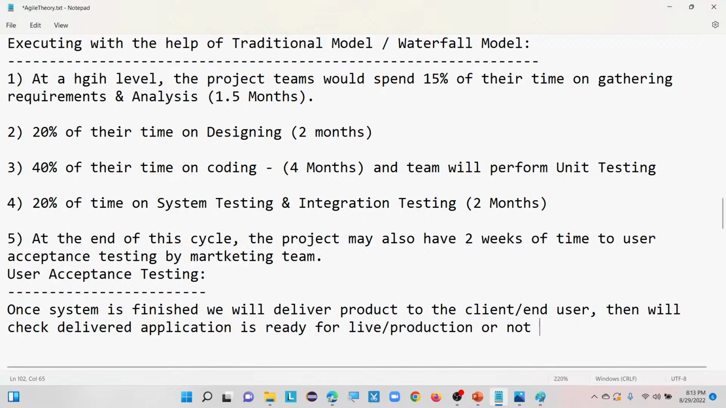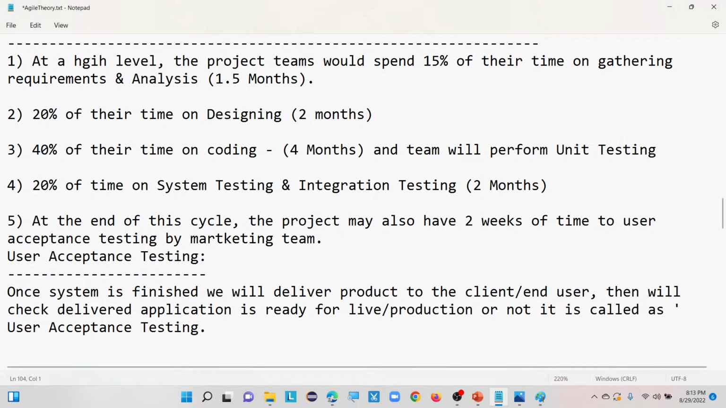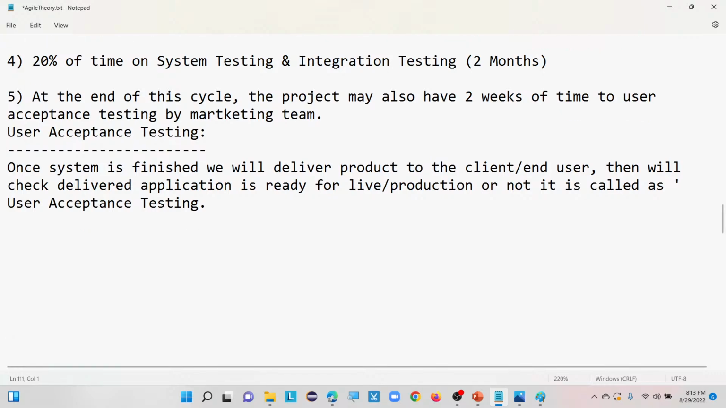So then it is called user acceptance testing. This is called user acceptance testing. So how will they perform this user acceptance testing? User acceptance testing, UAT,